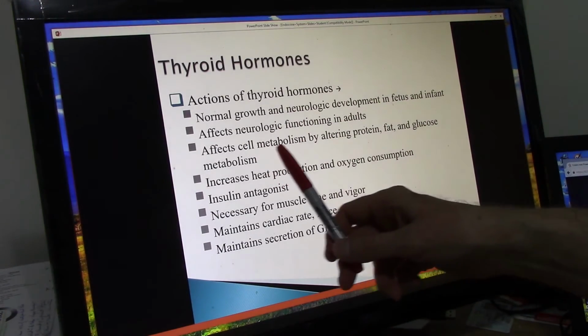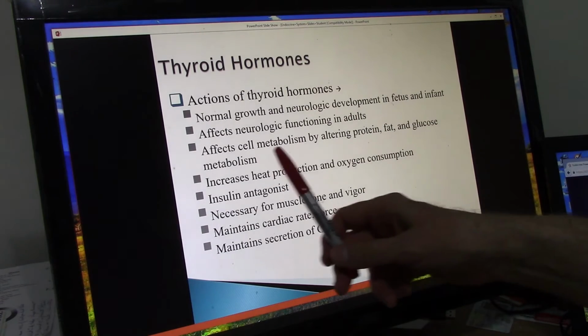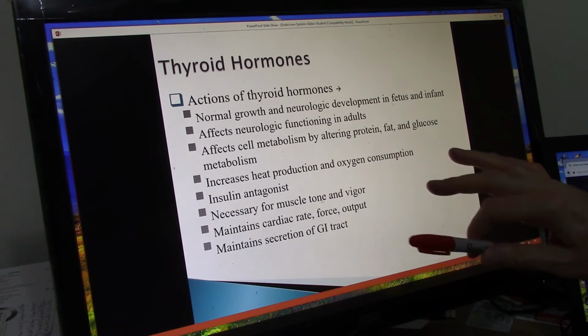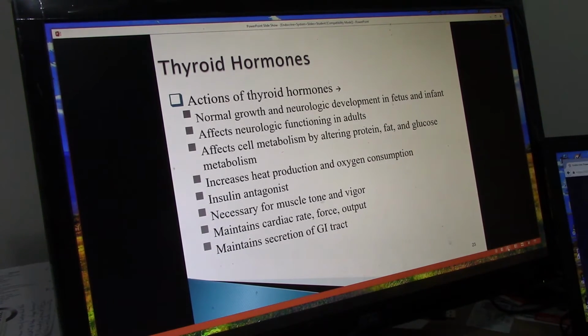It will affect cell metabolism. You can just underline that. It's critical. If cells are stimulated by thyroid hormone, the metabolism will increase, and they will need more calories to support all of that additional metabolism. So they'll need more glucose, more oxygen, and so the heart will beat faster, the lungs will breathe a little deeper, etc. The patient will be hungry, and yet they'll still be losing weight because the cells are burning off that